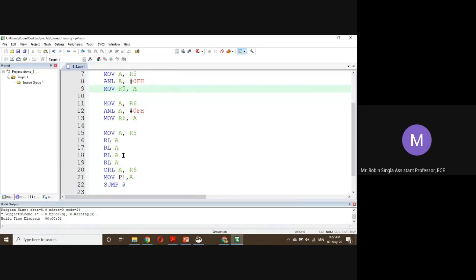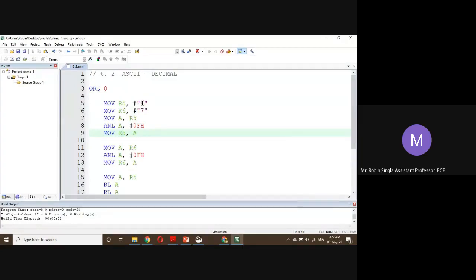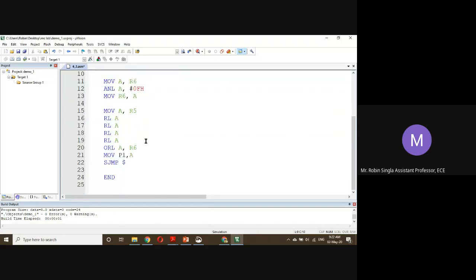If you rotate left A 4 times, 0 4 will become 4 0. Now we will perform logic of A and R6, which is 4 0 with 0 7. So the output will be 4 7.